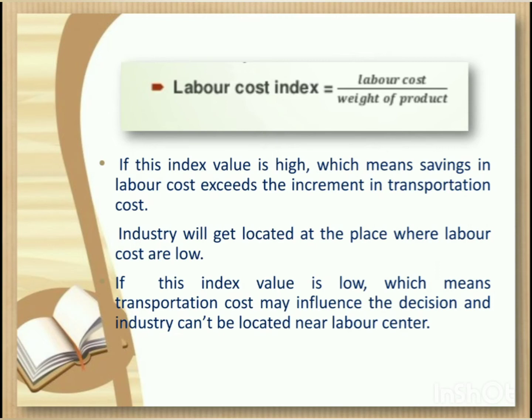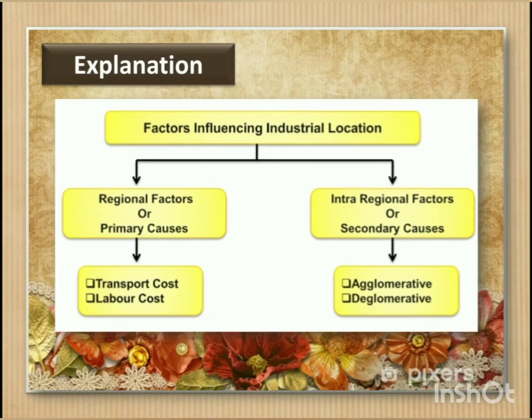If this index value is low, which means transportation cost may influence the decision and industry cannot be located near labor center. These are the major regional factors, and next we are going to discuss